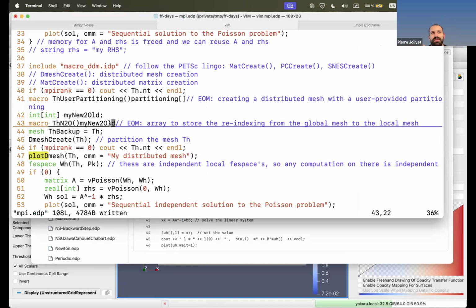And so the name of the game when you think about distributed computing is always to find the proper correspondence between some distributed quantity and some other distributed quantity. So if you have an extracted mesh, depending on how you do the extraction, the link between the surface mesh and the global mesh is trivial, or it's not at all. Okay, and so here, for example, I will show you how to get the proper reindexing from the local subdomain to the global mesh. But it will depend on your application and how the meshes have been built and how they are connected one with the other. So with my new to old,